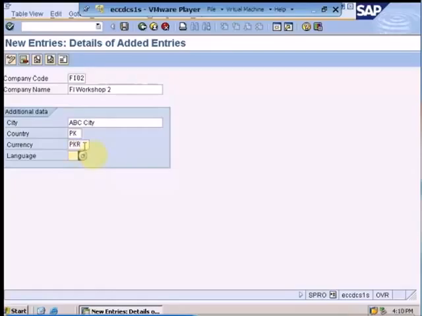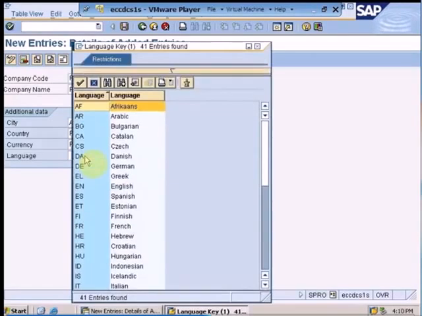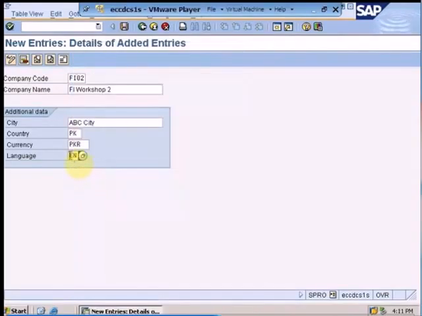The language in which the company will be maintained, that is EN. Now, if I do not know what is the prefix or what is the short form of the language, I can always click on this drop down and it will give me the list of values which are stored behind this table. For English, the short form is EN, so by double clicking, the properties will get automatically derived onto this field. As soon as I have entered all this information, I just have to save, and we have created a